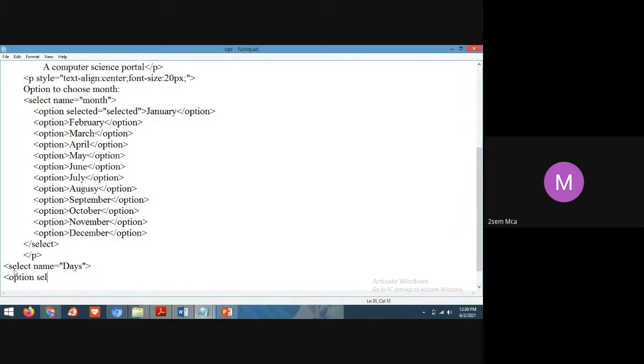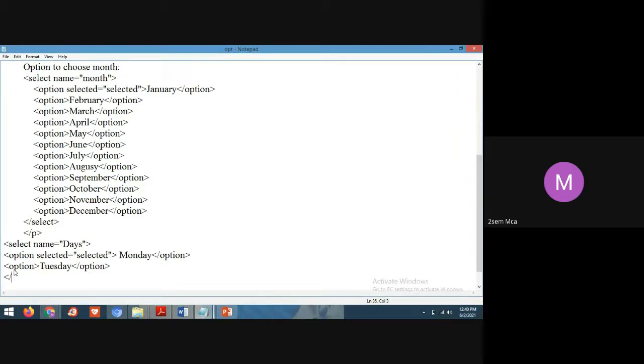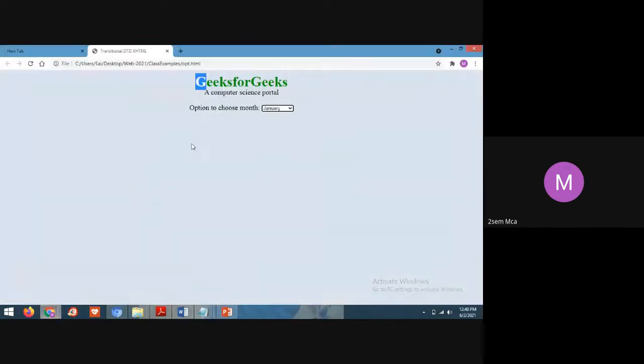Option selected is equal to selected. Yes, students, one more option is included in the program.